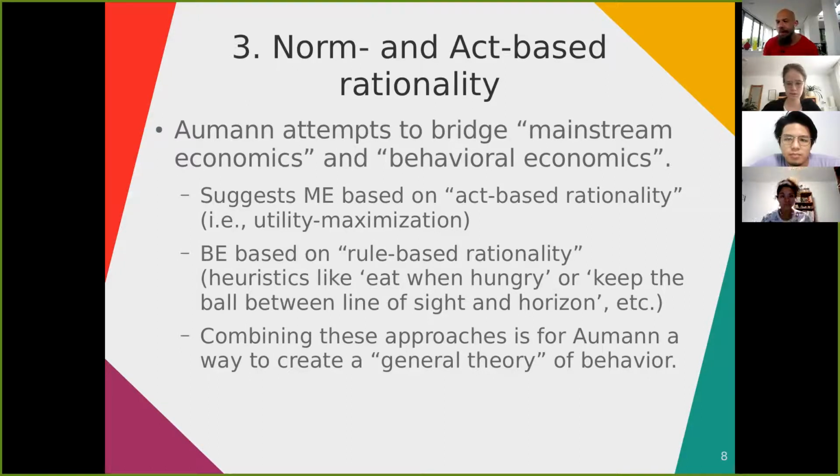And he basically says both of these are rational. So there's always the debate within these circles, what is rational? And the notion that psychological research or behavioral research is showing people being irrational, when they overeat or they don't behave in ways that this utility maximization would predict. And what Aumann says is that in fact, these two types of behavior are not at all in contradiction. And he says, actually, you can combine them to create a general theory of behavior.